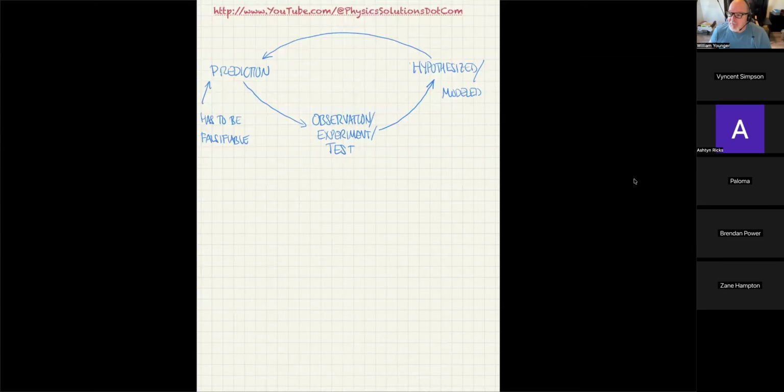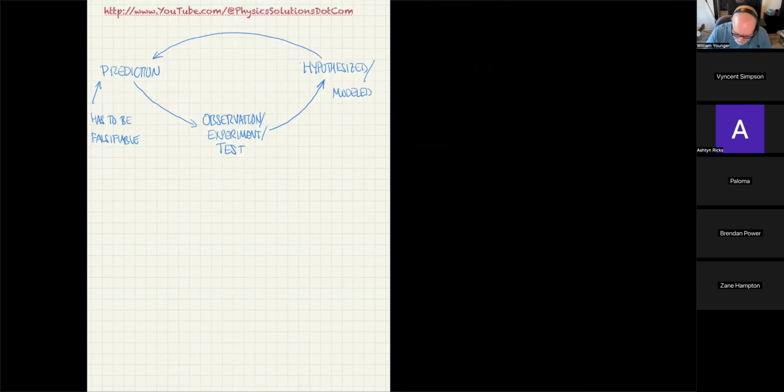In order for that to happen, we all have to agree on certain definitions. So if we're going to have a law of conservation of momentum, then we're obviously going to have an agreement about what conservation means. We're also going to have an agreement of what momentum is and what linear momentum is and what angular momentum is and all the other quantities that go into it, like impulse and force and mass and velocity. So to that end, we had to come up with a standard set of units and a standard set of quantities of measure. So I'm going to go ahead and turn to another page.